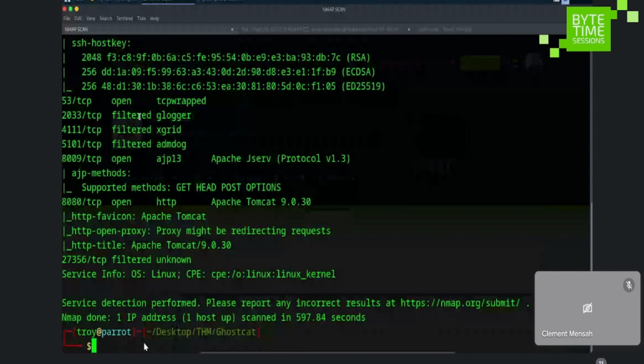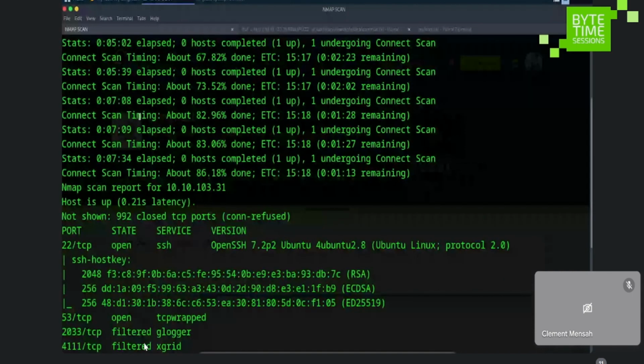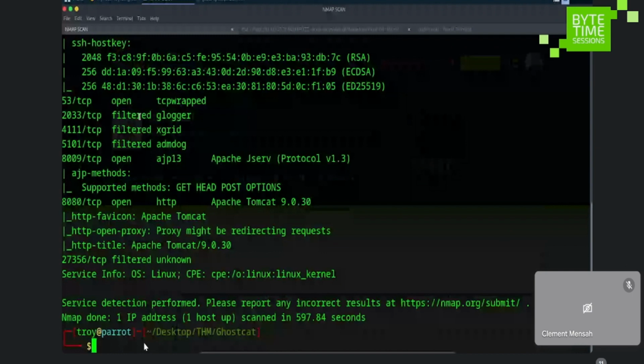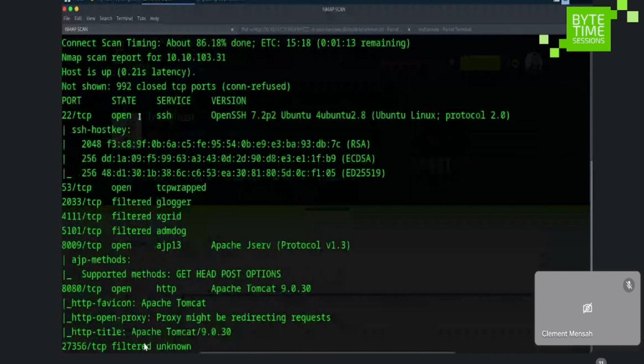Okay, so when I'm scanning the IP address, what do I want? I want to find what services or programs are running on that machine, and on what port numbers they are running. That is what I want to do here. That is why I'm scanning it. So when I scan the machine,